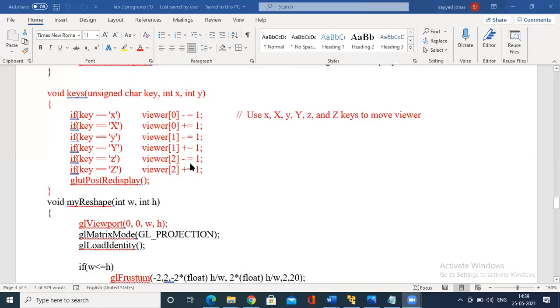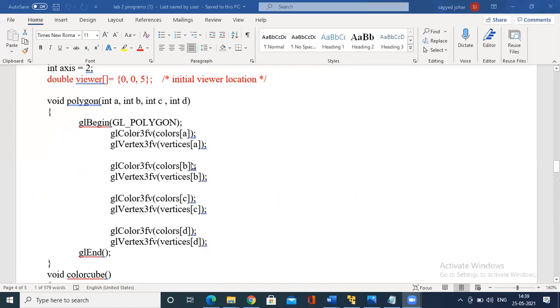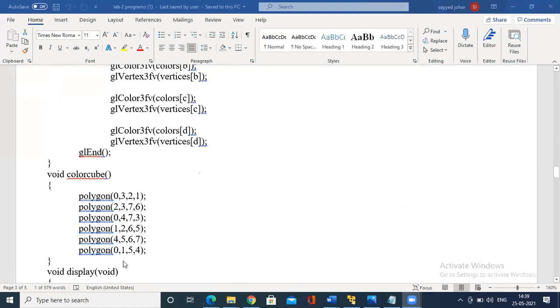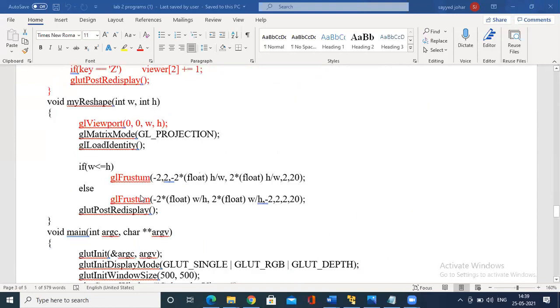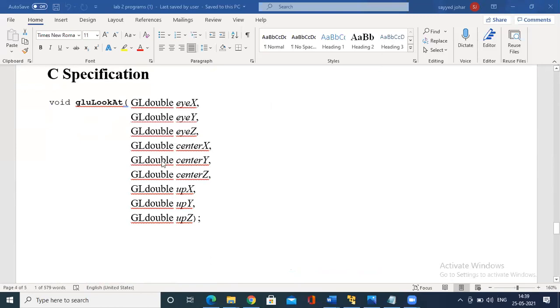So what is the major change, as I discussed in the morning class? The rest of the thing is the same. In the display function, you call the lookat function. Lookat is a perspective viewer function. The parameters for the viewer function are, you could see here, viewer 0, viewer 1, viewer 2, that is the x axis, y axis, z axis.